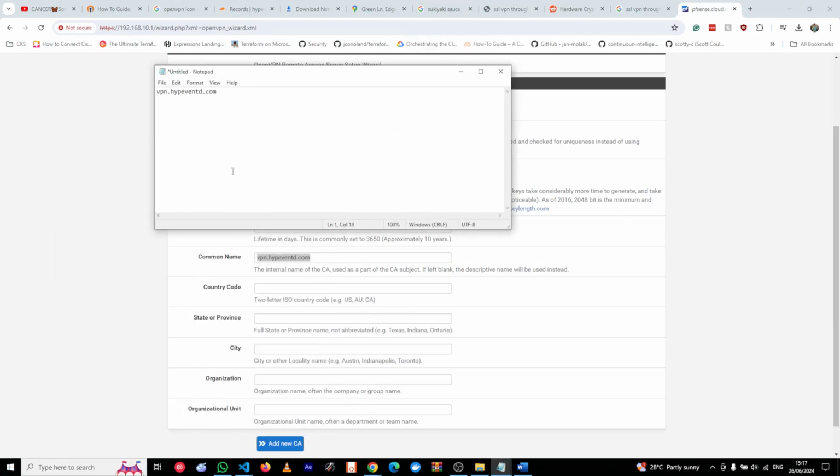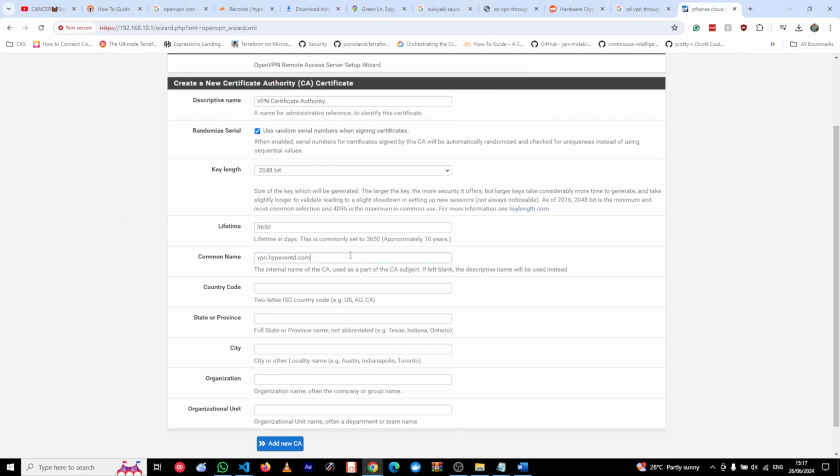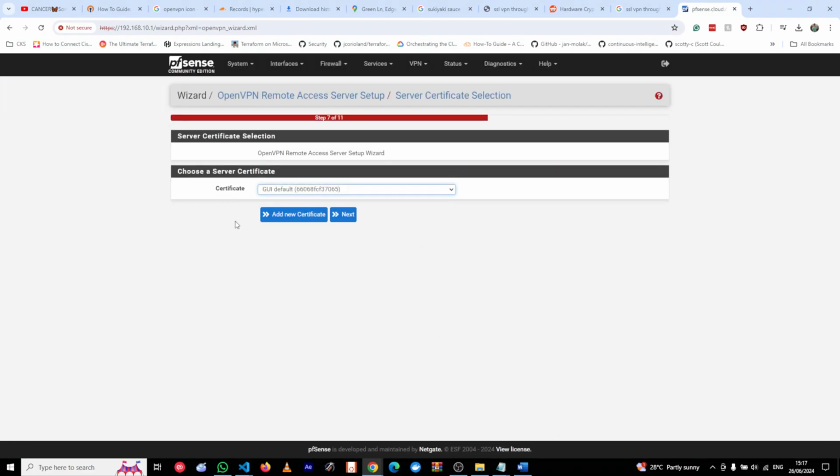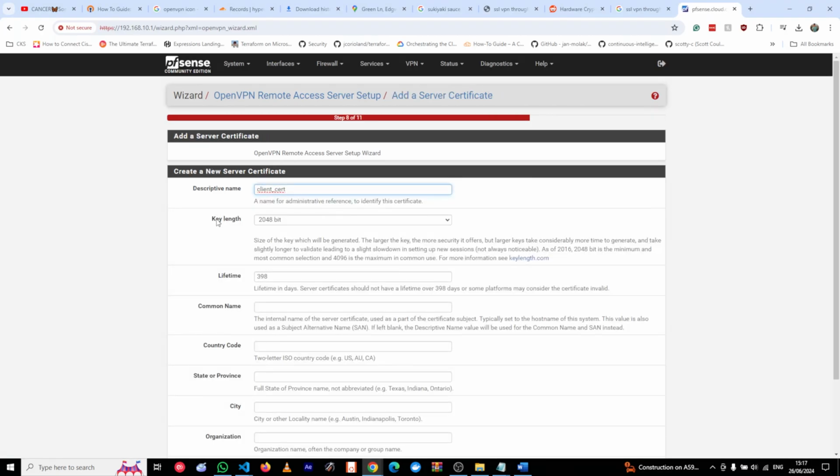I'll put that in a note somewhere so that I don't forget that that's the common name. Okay, cool. That's my common name, and it just makes things a bit easier when we create the user. So I'm going to add the new CA, and then add a new certificate because there's none on the server. This certificate is used for accessing the server essentially. I'm going to add a new CA cert. We'll call this server cert